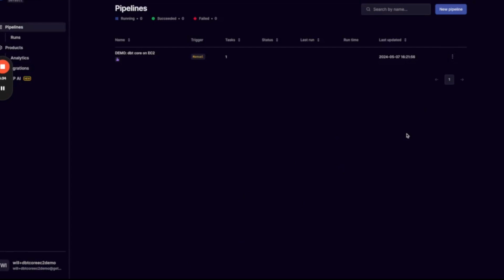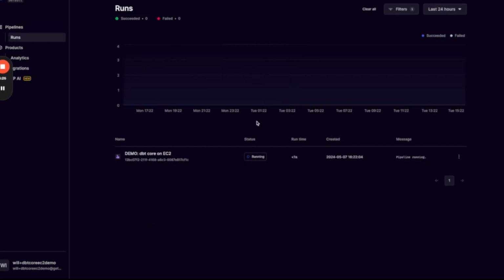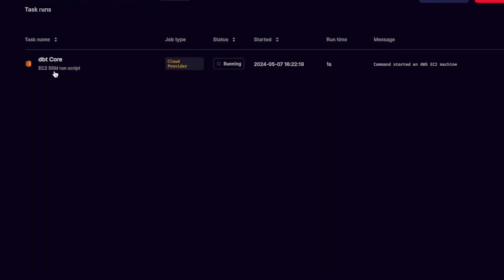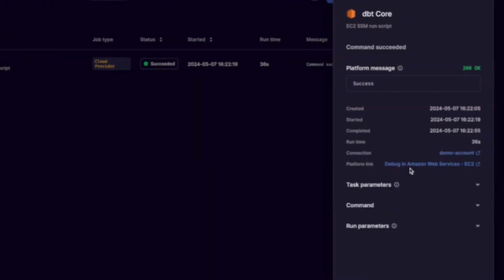Orchestra's serverless system is now creating the relevant task and running it in AWS for us. We can click on the pipeline, and we can see it's in running state. We can click it again, and we can see the task that it created, the dbt-core EC2 SSM run script task. Now the pipeline is completed, we can click the task and click the platform link to view the logs